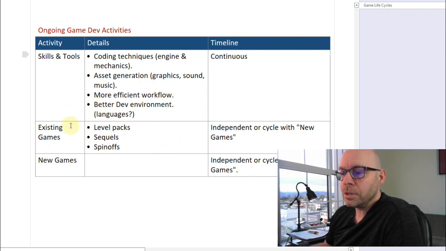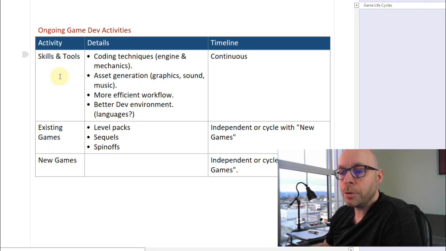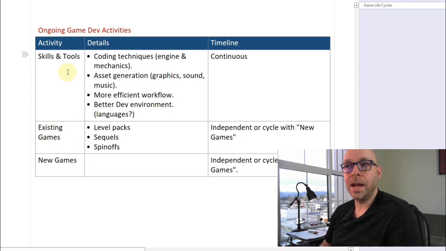Well, I've got 3 different sections listed here, and the first thing is the activity. What do I want to focus on in my activities on an ongoing basis? Well, there are 3 different activities I have listed here. One is called skills and tools, one is called existing games, and one is called new games. So these are the 3 main areas that I plan to focus my effort on as I go forward in